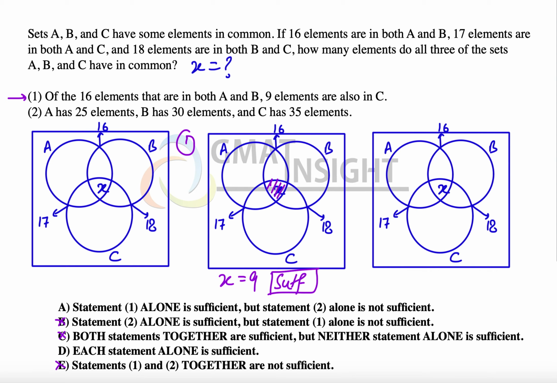Now let's look at the second statement. The second statement says A has 25 elements in total, B has 30 elements in total, and C has 35 elements in total. Now that we have understood that A has 25 elements, B has 30 and C has 35, we can take the union of them, but the only problem is that we do not have a number to equate them with, and for that reason we do not have sufficient information because we can't form an equation,